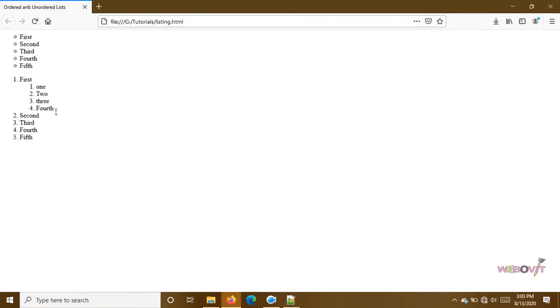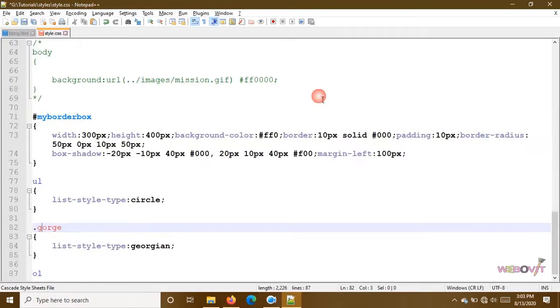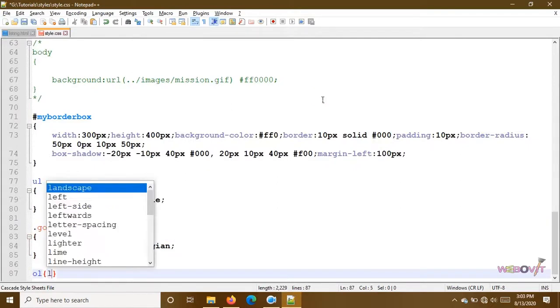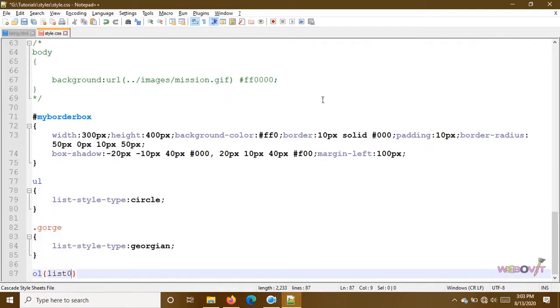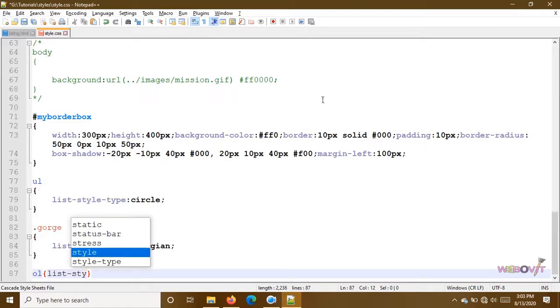Then if there is a sub-ordered list inside an ordered list, that should have ABCD. So what we will do in that case, using style OL list, the style type will be, suppose, decimal only.